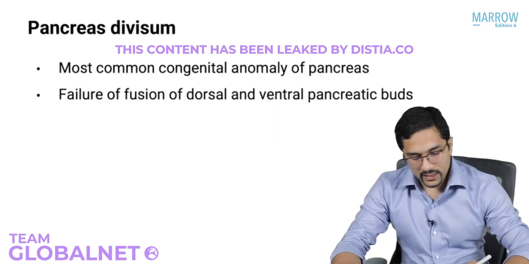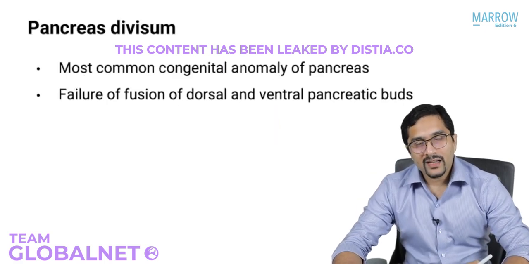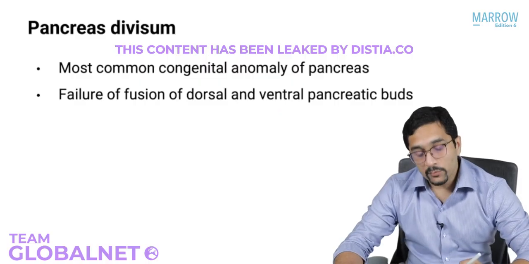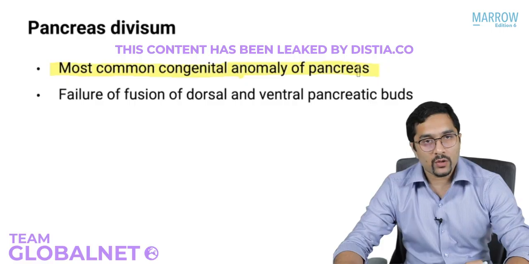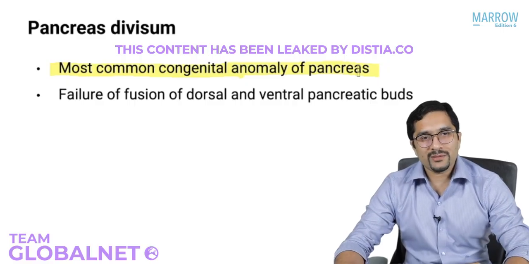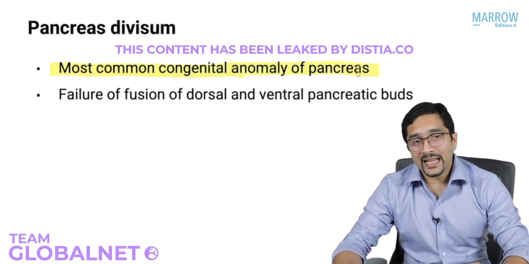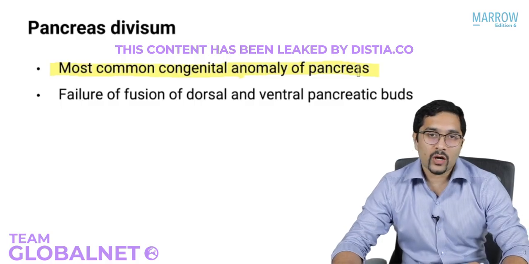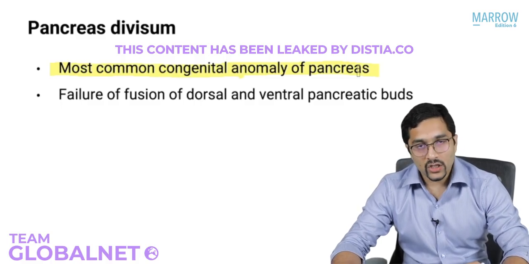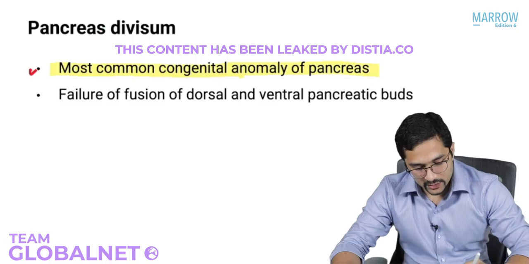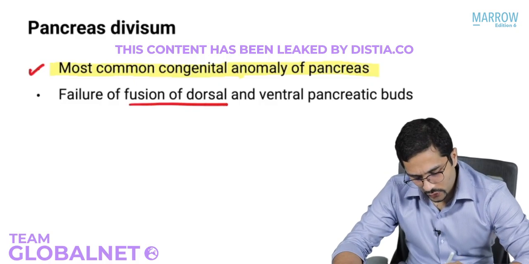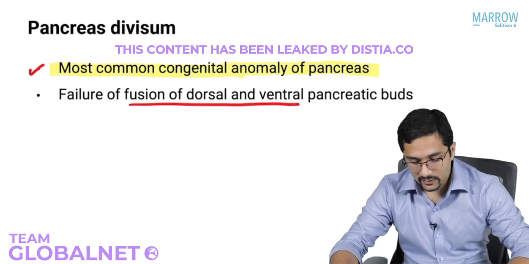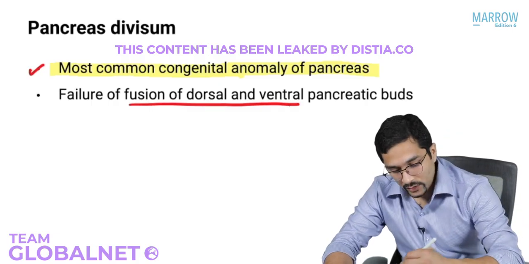The first condition which is asked is pancreas divisum. Now, pancreas divisum is the most common congenital anomaly of the pancreas, and this everyone should know about. I've seen a lot of students making a mistake where they think that annular pancreas is the most common congenital anomaly. That is not the case. The most common congenital anomaly is pancreas divisum. And this is failure of fusion of the dorsal and the ventral pancreatic buds that gives rise to this